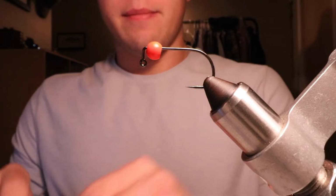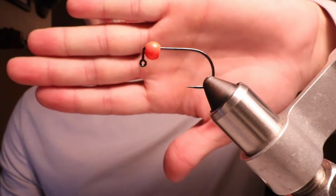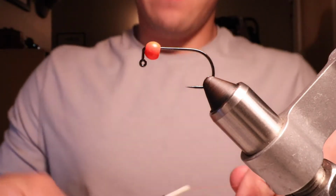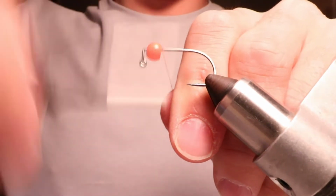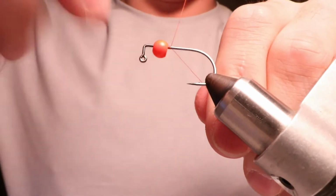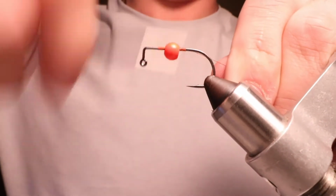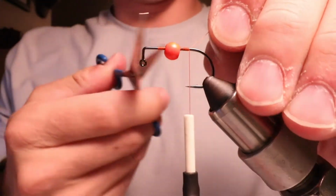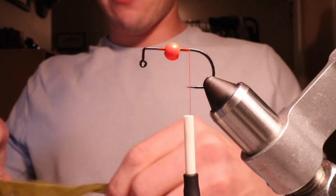And to get started, we have some weight on here already, but we can always add more. I'm going to keep it off for this one, but if you wanted to put a couple wraps of lead wire, you could do that as well. So I'm just going to start a thread and work it back just about where that hook point is, trim off my tag end, and I'm going to grab my rabbit strip,